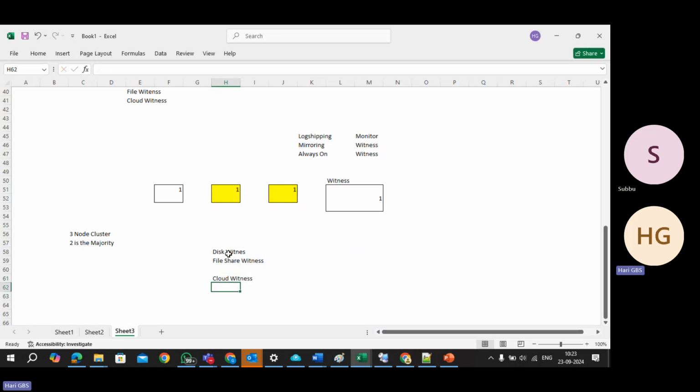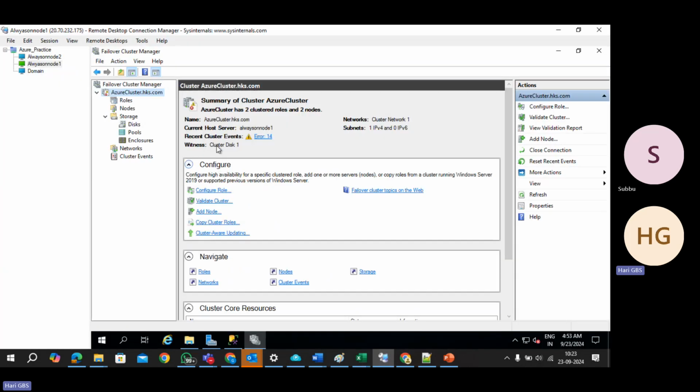Because with a witness configured, you will get an additional vote, an additional chance of the cluster surviving. Okay, so the best practice is you should configure a witness. So right now we have configured a disk witness. Okay, so from 2012 onwards,